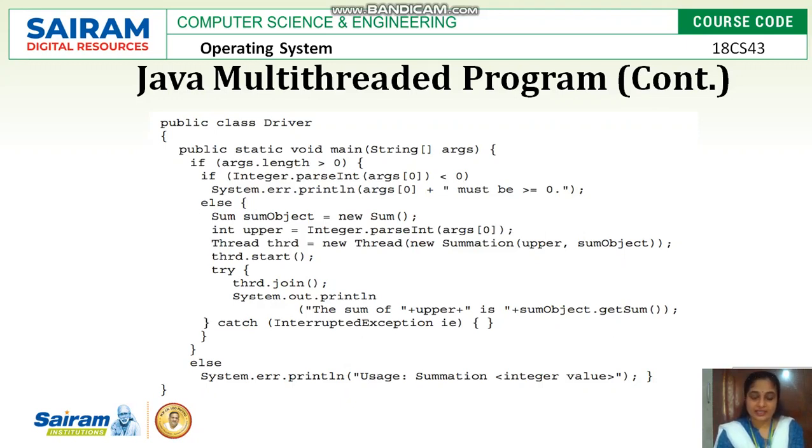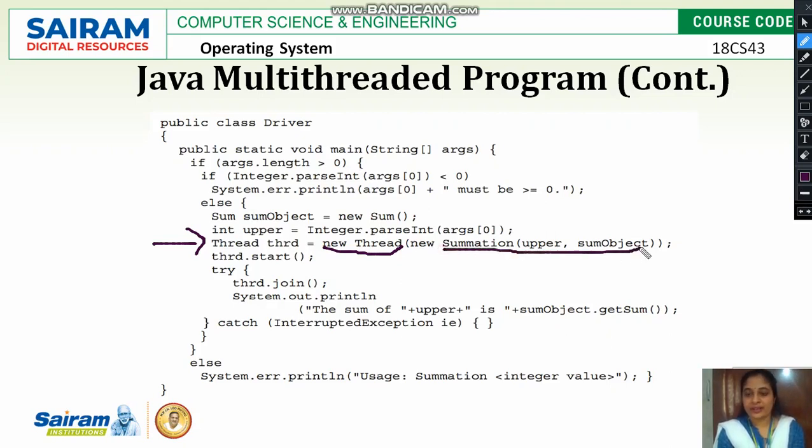Here we have the thread library which is used to create multiple threads. Thread thrd is a variable name given for the thread. New Thread is used to create a new thread. New Summation, so a new Summation object from the class Summation is passed to the thread by creating one thread.